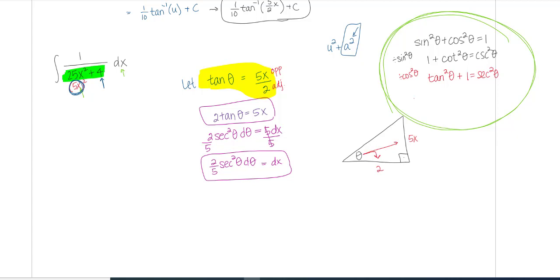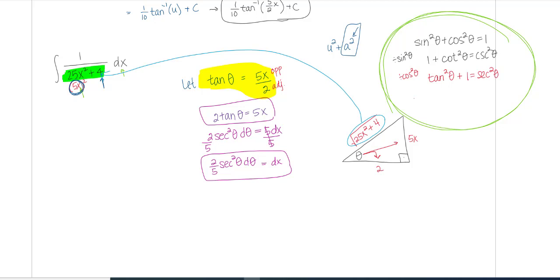In this case, it happens to be my hypotenuse, so I'll solve for that using the Pythagorean theorem. So I have the sum of the squares of the legs, so 5x squared is 25x squared, plus 2 squared is 4, and of course you would have to take the square root to solve for that hypotenuse. If that sum of squares matches what's in your problem, we said, hey, this is going to work and it should be integrable from what you have. So let's take a look.